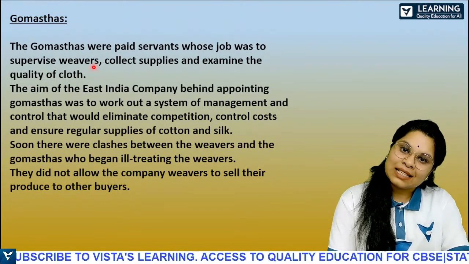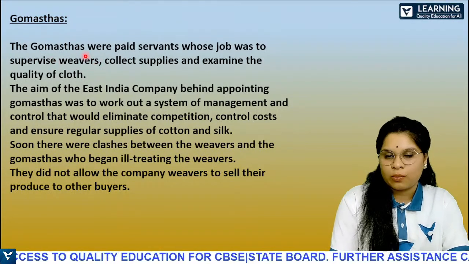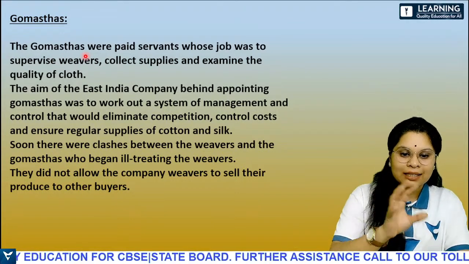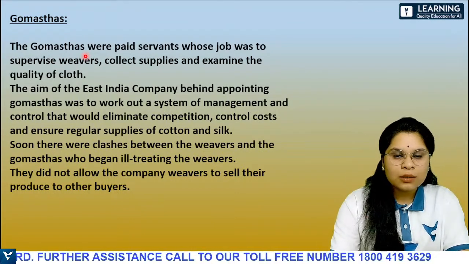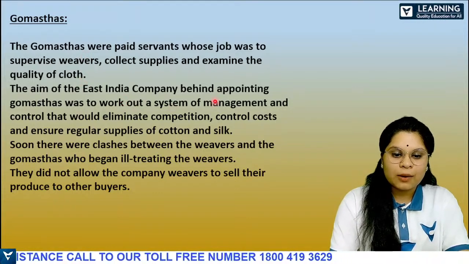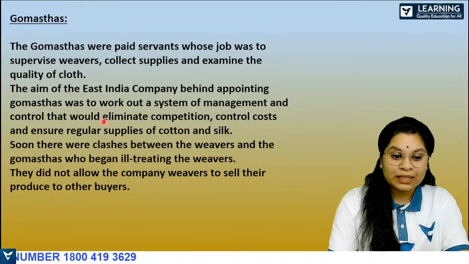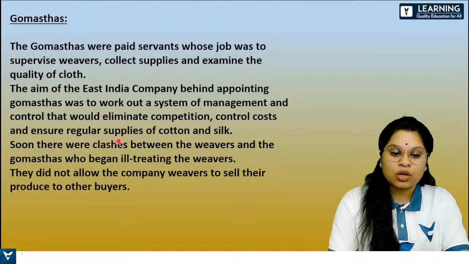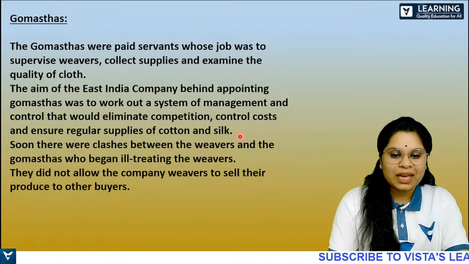Somebody else used to weave it, basically the weavers, but these people's work was only so much: just supervise it, collect it, examine the quality of the cloth and go and give it back to the Britishers. The aim of the East India Company behind appointing Gomasters was to work out a system of management and control that would eliminate competition, control costs and ensure regular supplies of cotton and silk. So these were the main things,